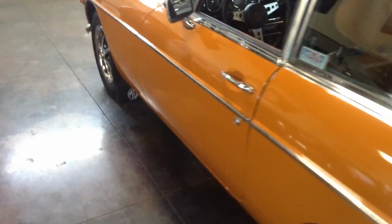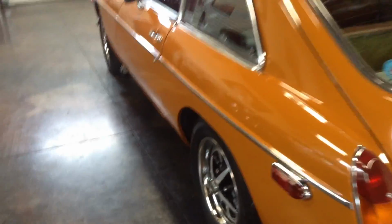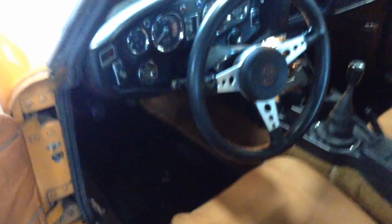I've got some really nice photos of this, so be sure to ask for our additional photo gallery. But good lines on this. Like we said, the body's in really good shape. No signs of any major rust going on. Get a little attention to detail. This car was enthusiast owned and always has been, clearly, which is a way you want to buy one of